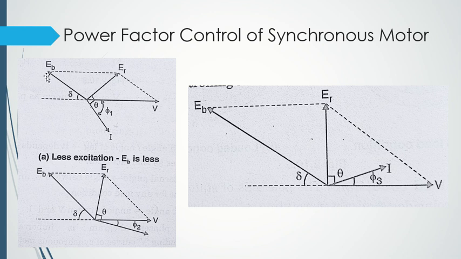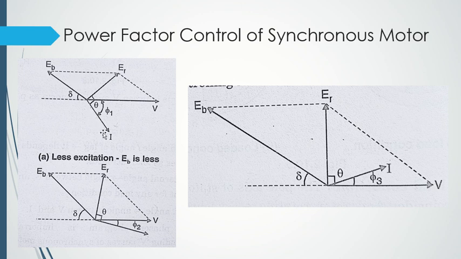It will be close to anti-phasing with V. Now again, let's try to draw the resultant. Let's take the tail of EB towards the head of V, and draw a resultant vector ER. So ER will be small here, right? And then at 90 degrees, or at theta angle, we will draw the current component I. Okay, so I will also be